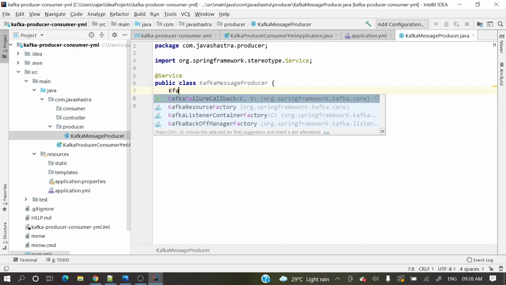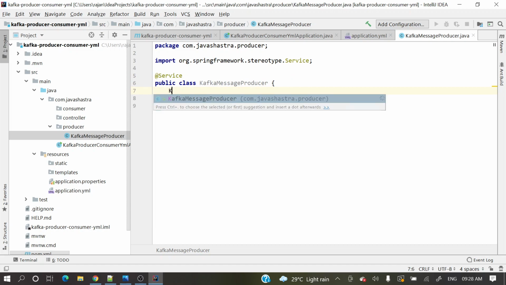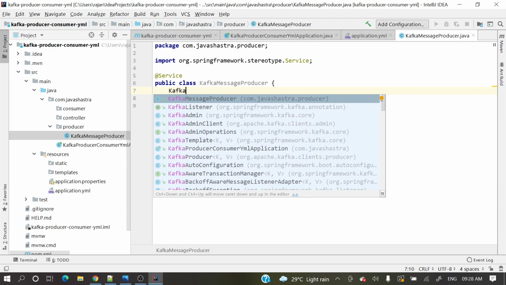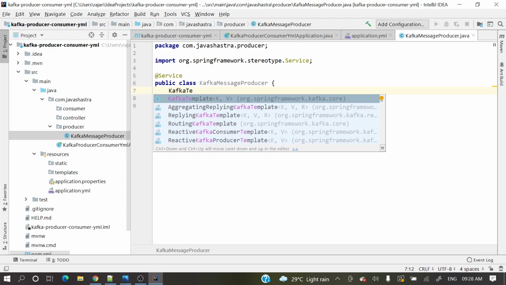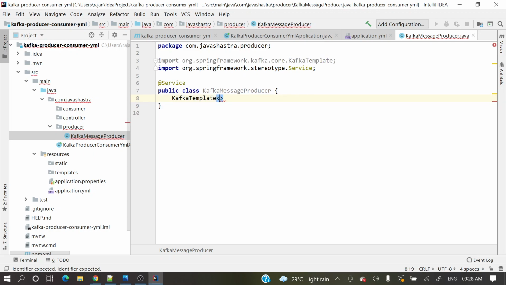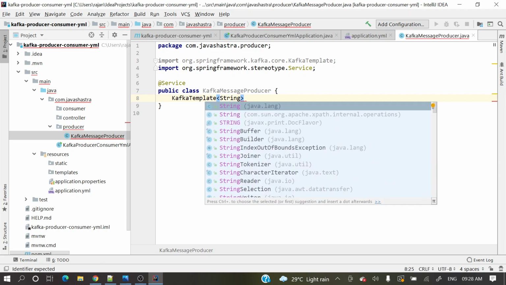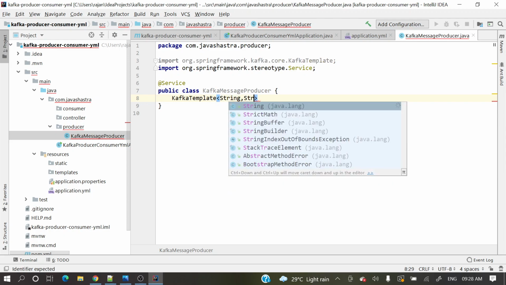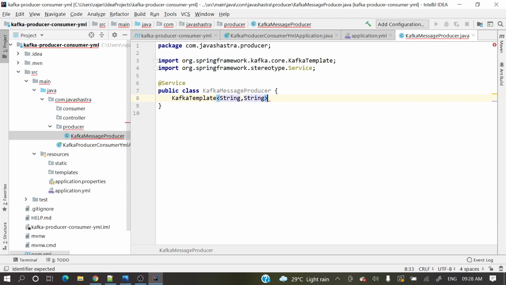Then KafkaTemplate. This template will be created by Spring by default, and it will be injected. Here String is the key and String is the value. Let's autowire this one.